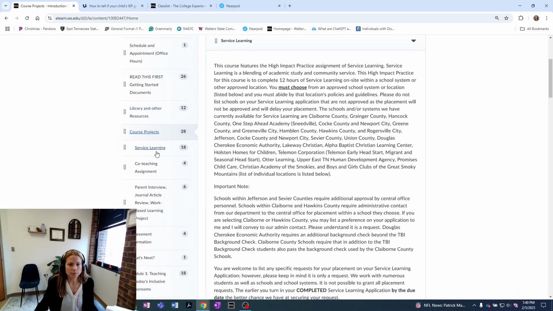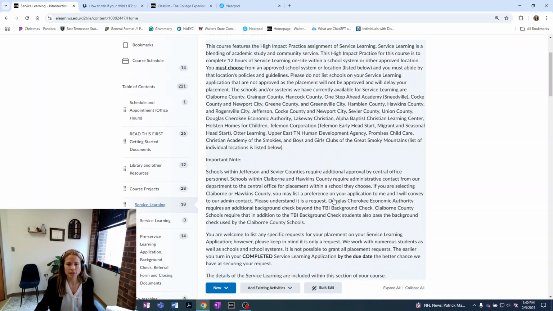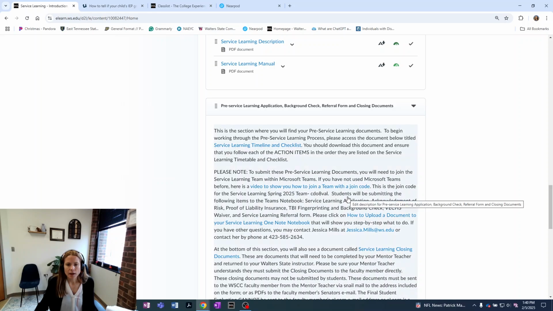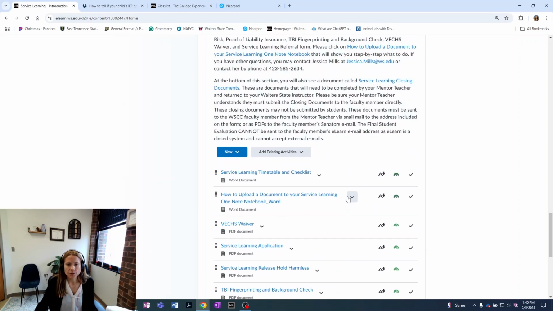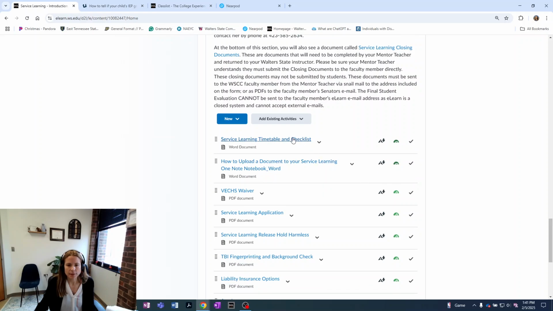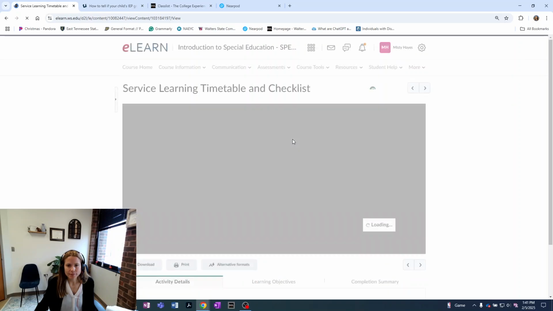Where it's located is, if you're under the Getting Started module, you're going to click on Course Projects, and then click on Service Learning. You will have to scroll down quite a bit to see it. You're going to see underneath where it says pre-service application, background check, referral form, and closing documents, it's the very first link. So when you click on it,